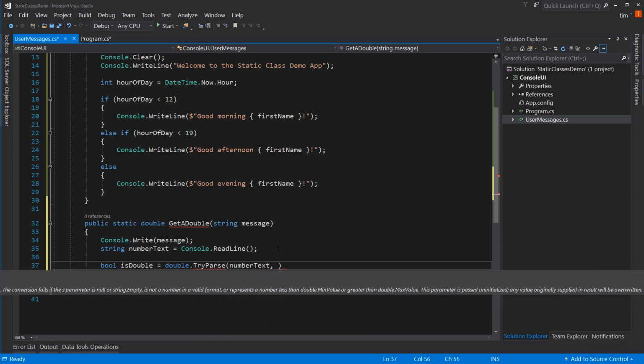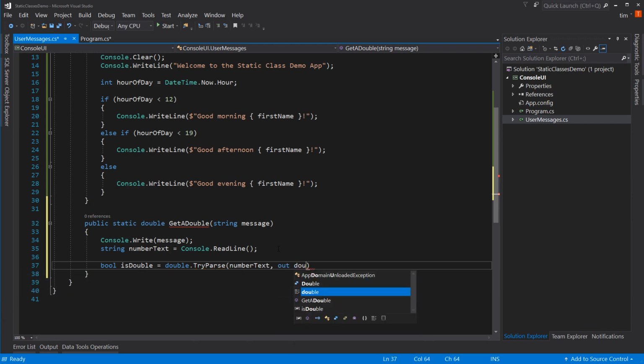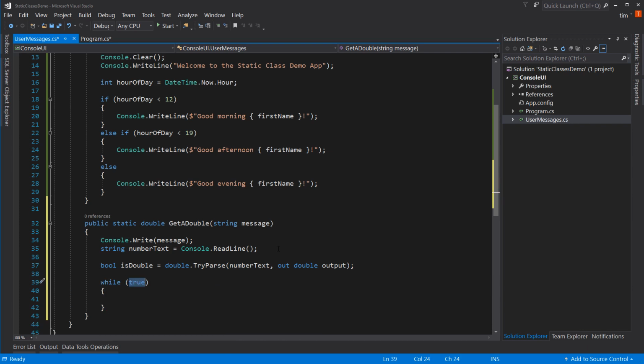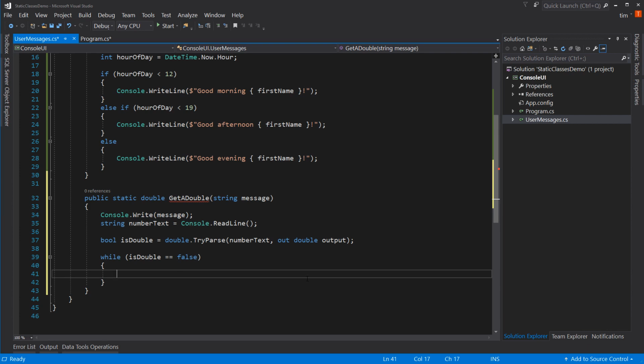And then remember that out double, and we're going to call this output because we're sending out. We're going to say if, actually, let's not do an if, let's do a while statement. Because we're going to keep asking them until you give us the right number. So while isDouble equals false. So if it's true, we're going to skip over this section entirely. So if it's false, we're going to say